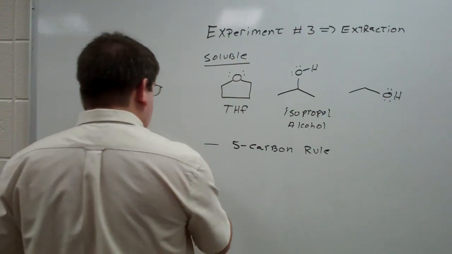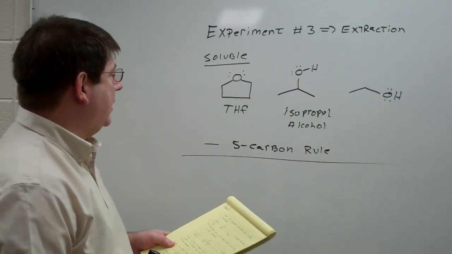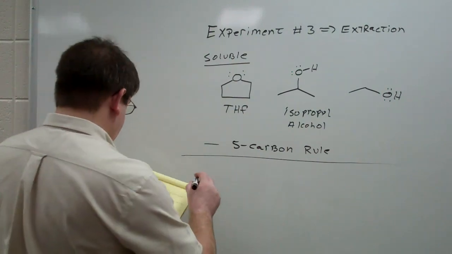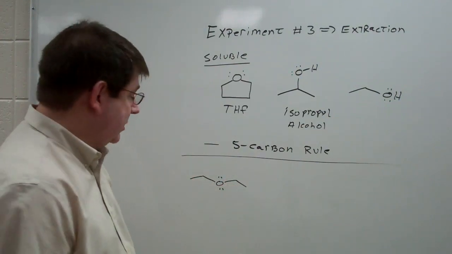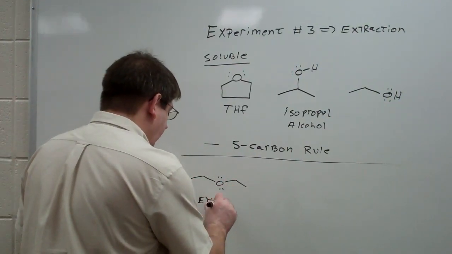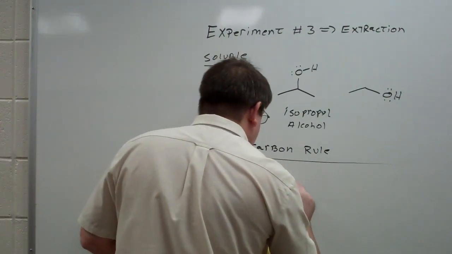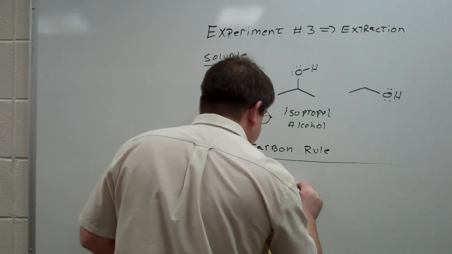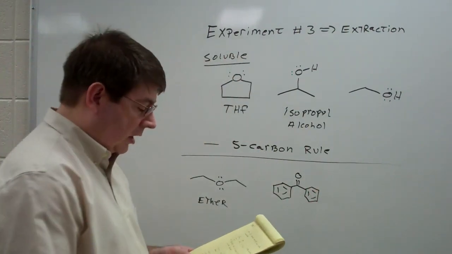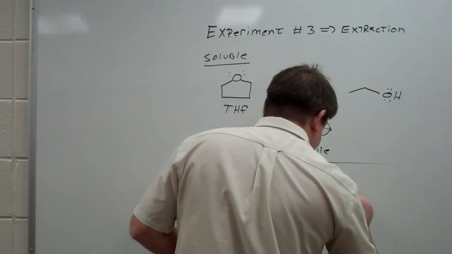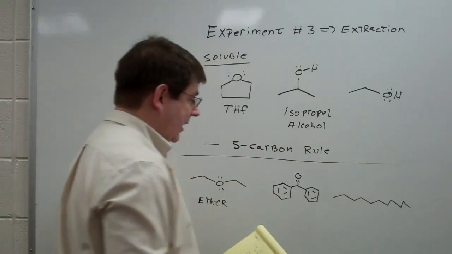So now let's look at some insoluble examples, things that you would find in the organic layer and not in the aqueous layer. Ether is an example of this. This is diethyl ether. We simply call it ether for most practical purposes, but its correct name is diethyl ether. The molecule that we just talked about, benzophenone, is insoluble in water. And then, of course, alkanes, so 11 carbons,